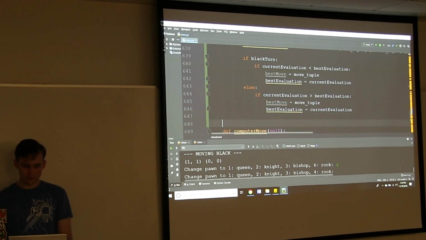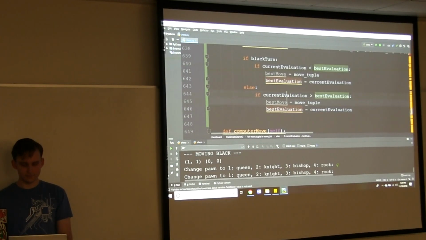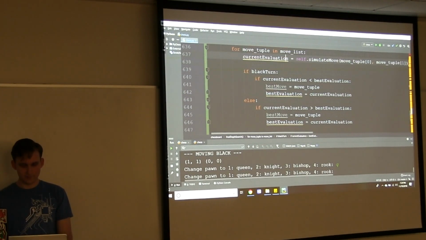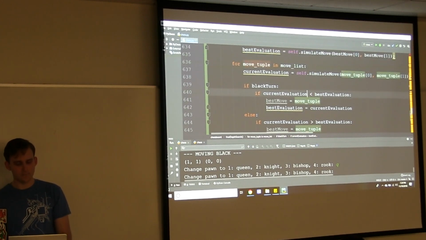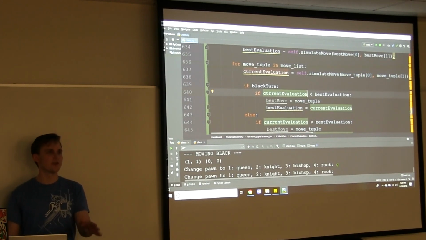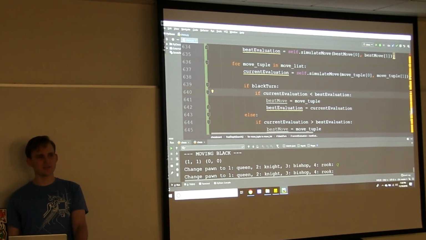Actually, if you want to avoid the lexicographic thing, we could maybe toss a coin if it's equal. You mean just making a move randomly? I mean, essentially we don't have the equal case, right? It's either less, then we replace. But if it's equal, we could introduce a little bit of variability into it. Sometimes, yeah, get some variance. I like that idea. It would at least make the AI a little more fun to play against. Yeah, so I think we might as well.